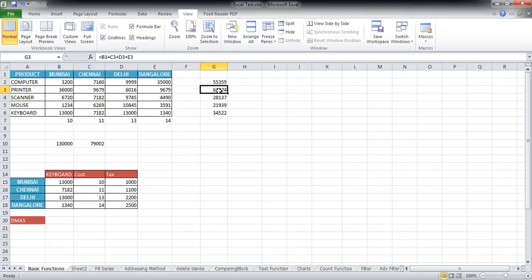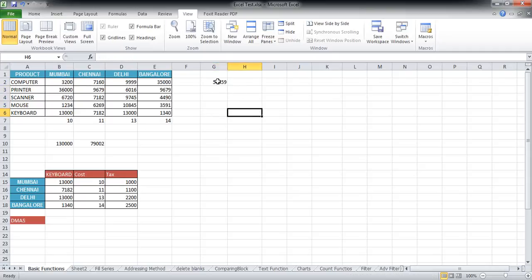And obviously, since these are relative references, since there is no dollar sign before any of B or 3 over here, when I dragged this formula, since I shifted one cell downwards, the whole cell references also shifted one cell downwards. That is, in this formula, since the formula was being referenced in the form of B2, C2, D2, and E2, I shifted it one row downwards. So everything remains the same except for 2 changes to 3, and in the next one 3 would change to 4, and so forth.